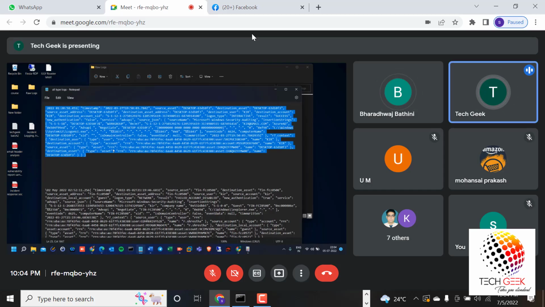For Windows logs only, we are getting the event ID codes, Windows event code. So if you see this, timestamp when it comes to raw log,